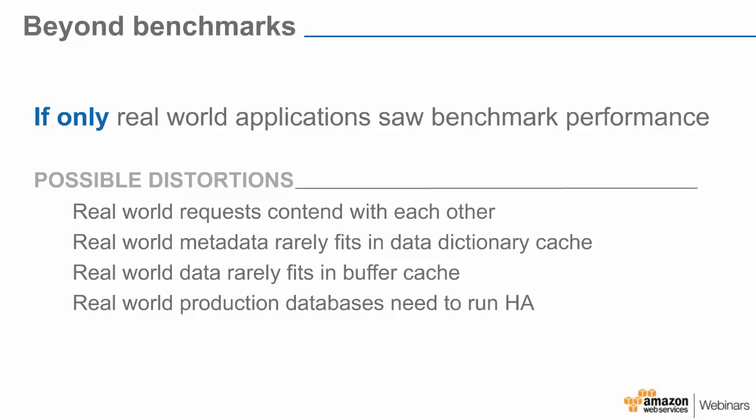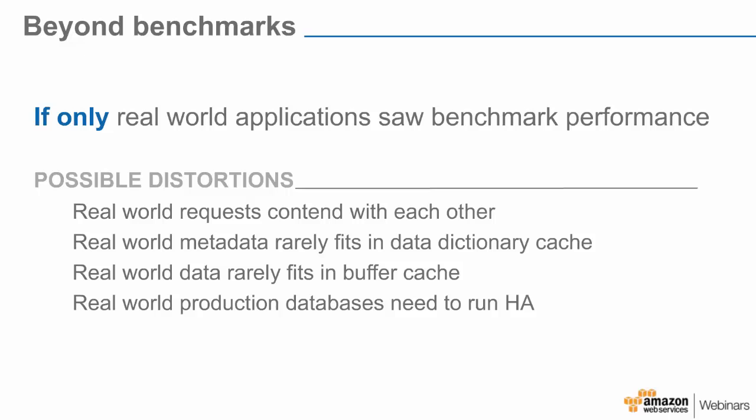requests contend with each other. And metadata rarely fits into the data dictionary cache, so you have to go out to disk. In the real world, data almost never fits in the buffer cache, so you have to go out to disk there too. And frankly, production databases need to run HA, and you aren't going to run something on a single node in the real world. So in the next few slides, we're going to show you how we're doing with respect to some of these criteria relative to MySQL